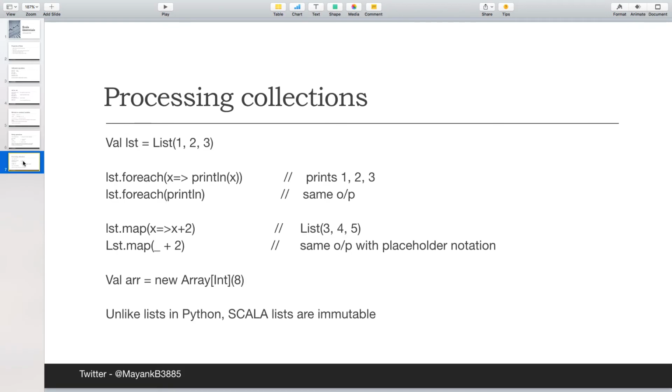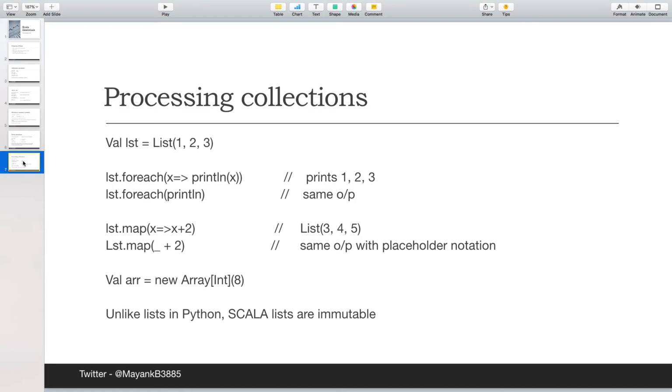And then last, coming to the collections. So collections is a concept which comes from Java. So what it does is, a collection is nothing but a collection of objects. So it is an object which stores other objects basically. And as we know that in Scala, all variables themselves are treated as objects.